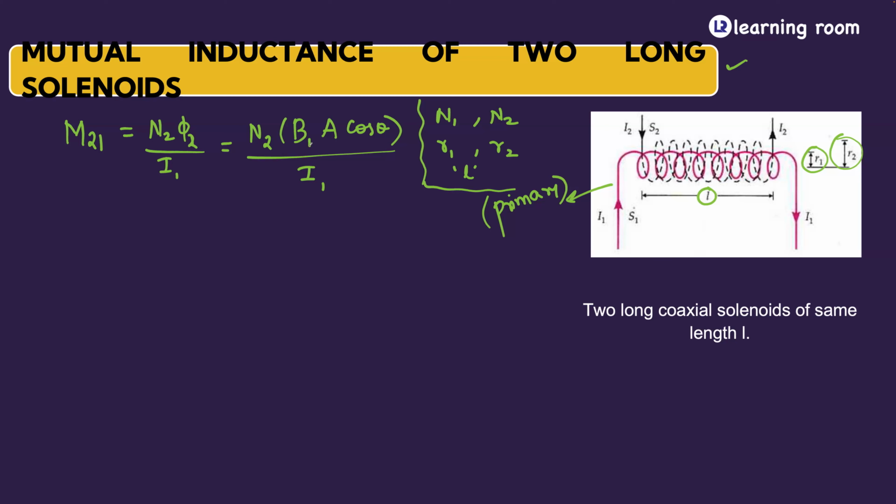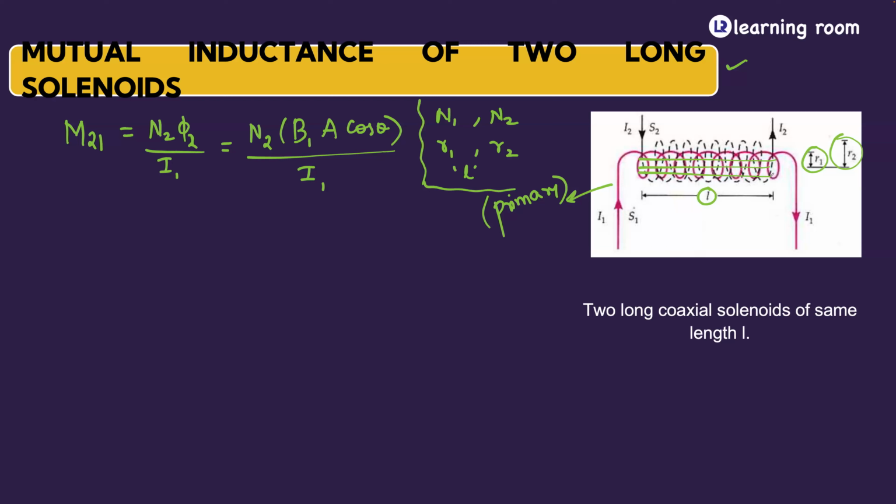But an important point to be noted here is for a solenoid, the magnetic field is going to exist only within the solenoid. So when you talk about a long solenoid, the magnetic field due to a long solenoid is always going to be only present within itself. Outside, the magnetic field is zero. When that is the case, if you observe, the smaller coil is the one which is producing the magnetic field. So where is the magnetic field associated? It is completely there within this pink color coil. Am I right? So how much flux will get linked with the bigger coil?